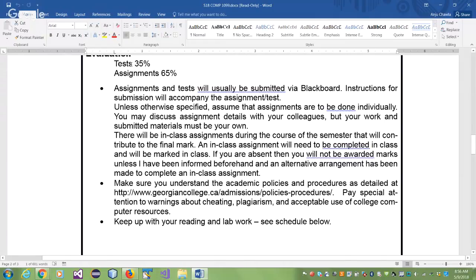But having said that, if there is an emergency, something that you know much ahead of time when the assignment was given, you can always come and talk to me and say, Anju, this is what the problem is. If there is an in-class assignment, I can't attend the Wednesday class or something like that. Or can you give me 1 day extension? I have to be in the hospital or whatever. If I know beforehand, yes.